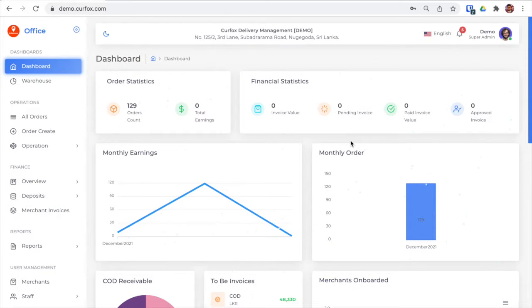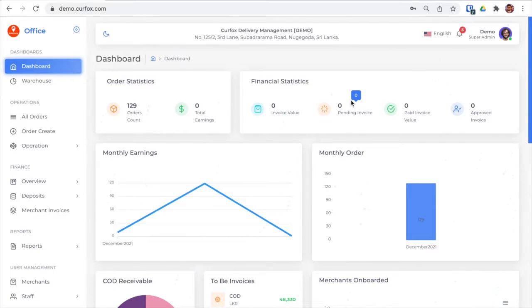After you upload the basic statistics data, cities, zones and everything, you are the only one who can access this system. You may have other staff members like managers, branch managers, riders, and so on. You can give some access to them also for this system.